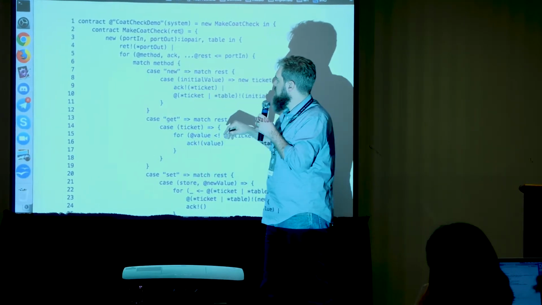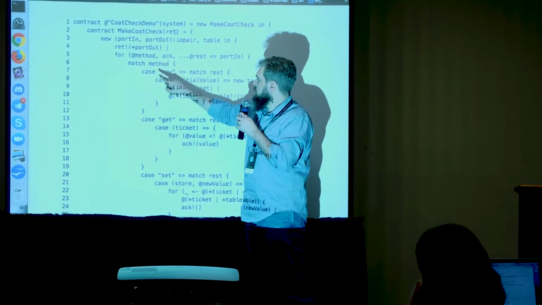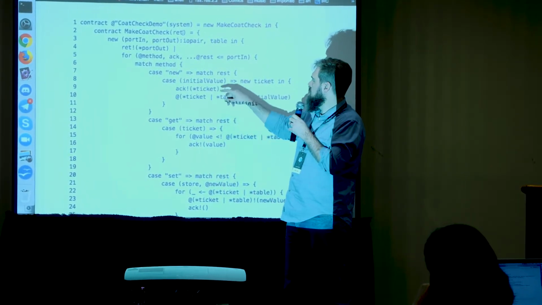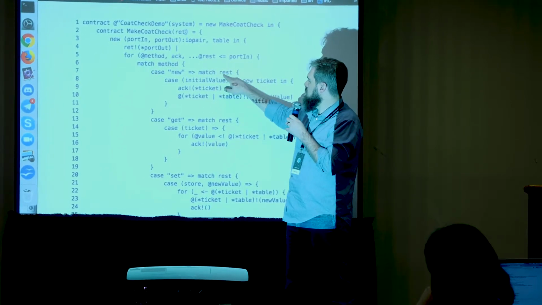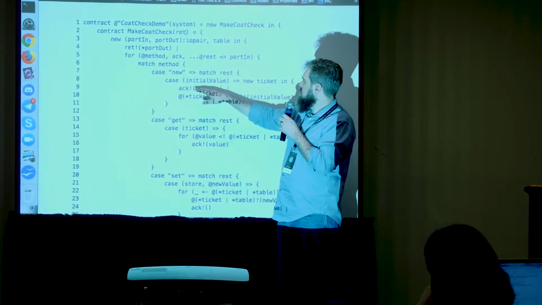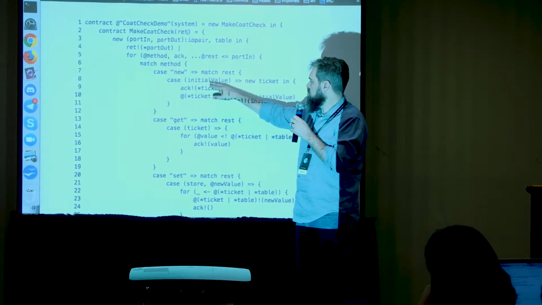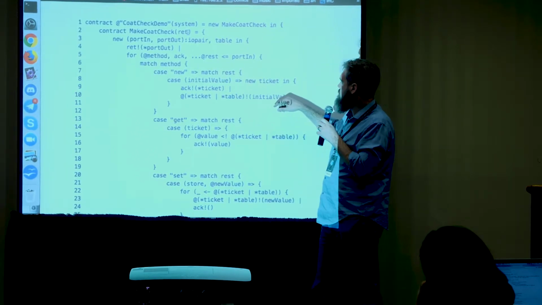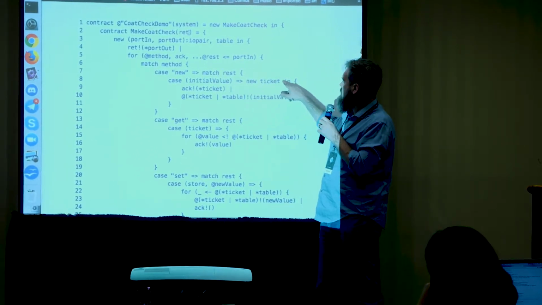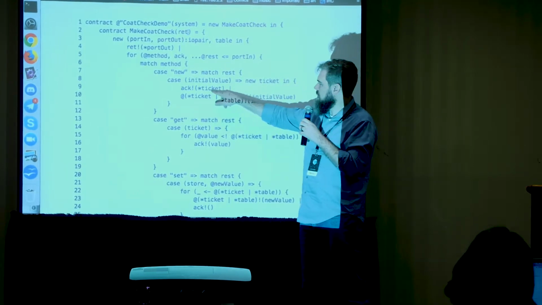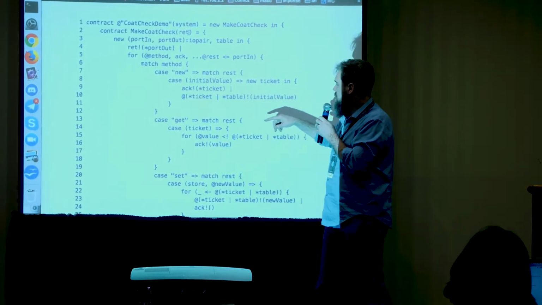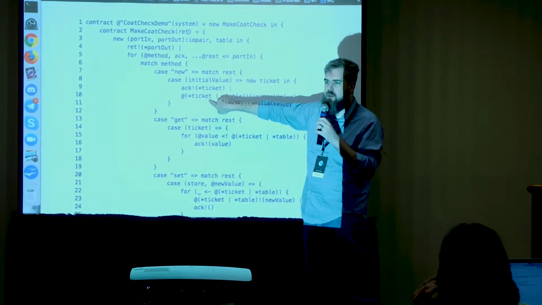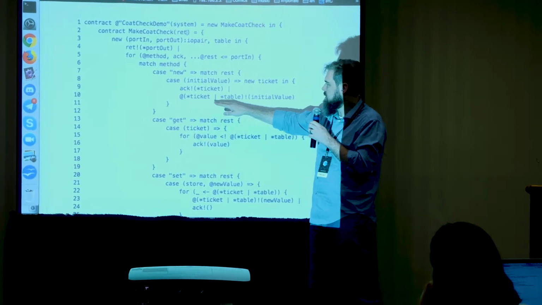Here is pattern matching. So it's matching the method against some strings. If we're creating a new one, then it looks at the rest of the arguments and says, if it's a list containing the initial value, then we do this. So this is expecting one more parameter. What it does is create a new ticket, send that ticket back along the acknowledgement channel, and then pair it up with this internal table to create a new name that's a compound of both the ticket and this other